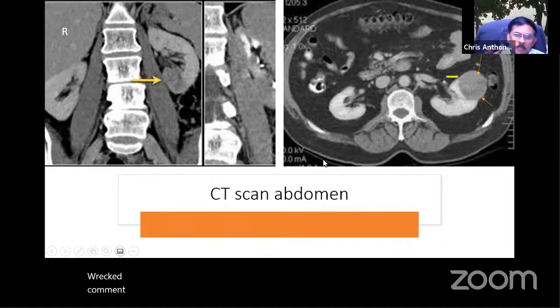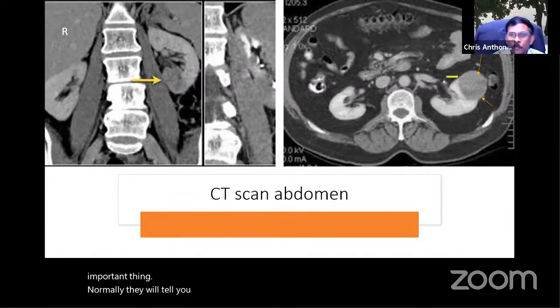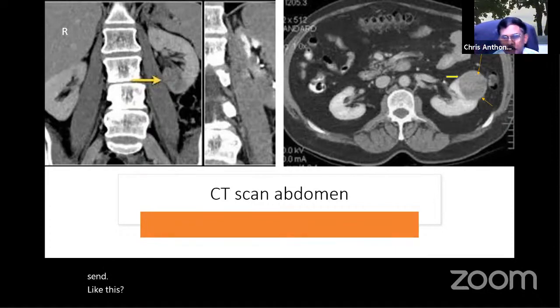Everybody, when you are given a picture, X-ray, ultrasound, or CT scan, the important thing is to describe what you see. Normally they won't expect you to know very much in detail. They just put up and show you, like this, a CT scan of a patient with suspected kidney stone, kidney disease, or tumor. So what are the findings you have to look for? Okay, any question?